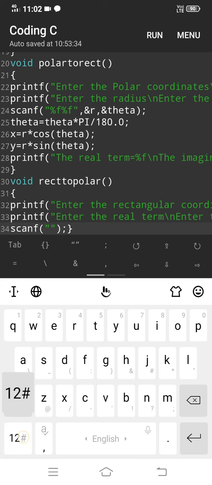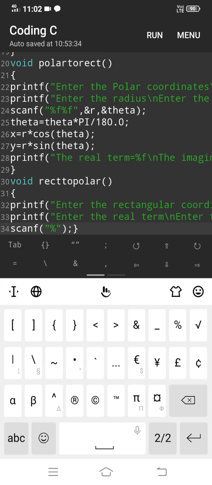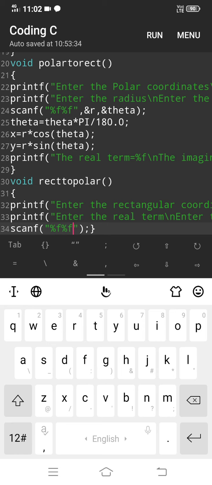The format specifier of float is %f, two values are here, so two %f, comma, the values are x comma y, that is address of x comma address of y, using ampersand.